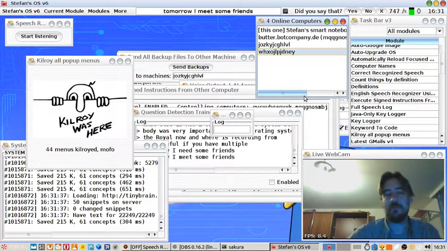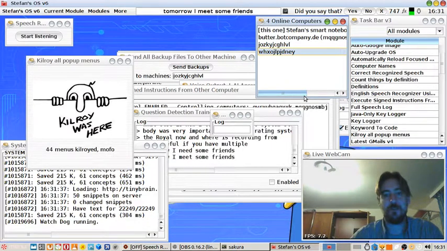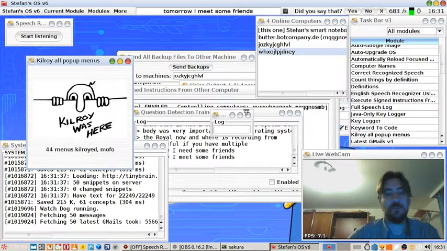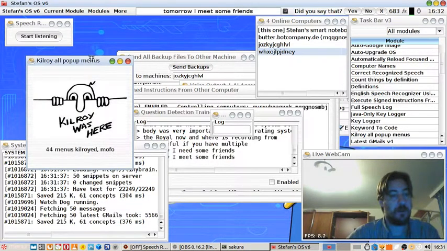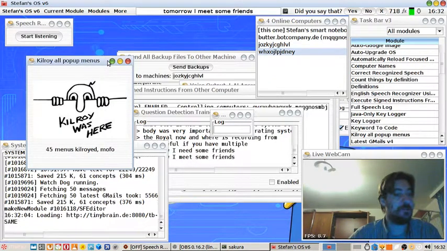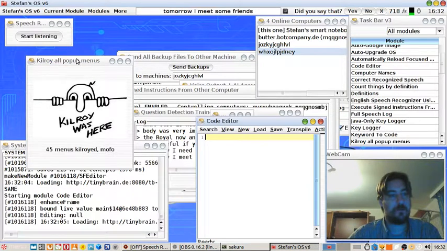It's a separation of concern that is much more interesting and intelligent than is traditionally done. We have one module that concerns itself with making great pop-up menus, and all the other modules just don't have to care anymore. And we can look up the source code here, as always, with the built-in editor.